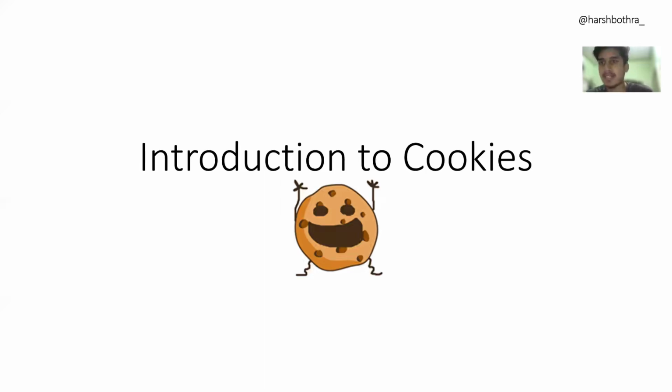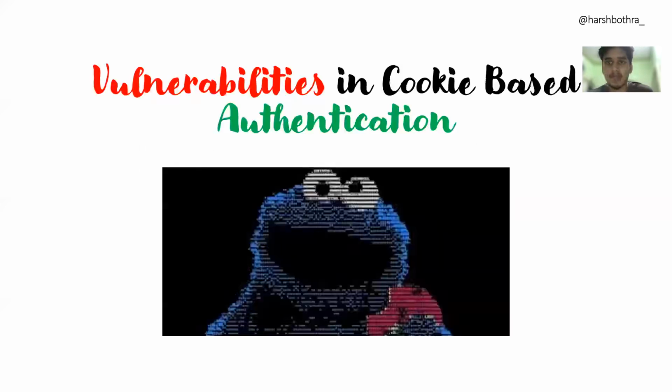Now, the mind map that I'm going to show you next is going to give you a broader concept about what you can do when you see a cookie-based authentication. And we are going to look at all these issues one by one, obviously in theory, in discussion, not in the practical right now, given the time and everything. So we will be talking about what we can possibly do, how we can identify and how we can approach those issues, right? So now we are going to talk about vulnerabilities in cookie-based authentication. So next time, whenever you eat cookies, you will hack cookies as well.